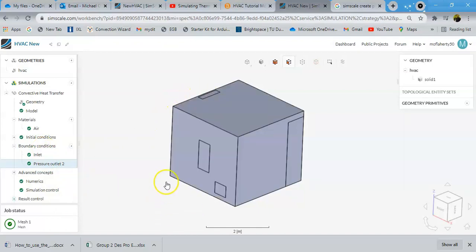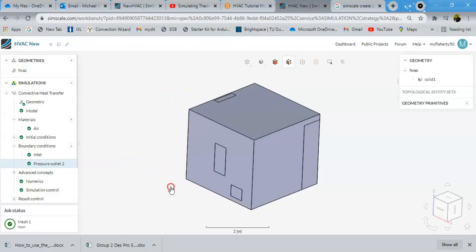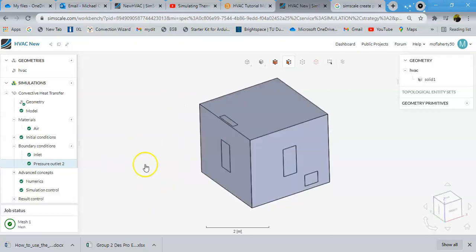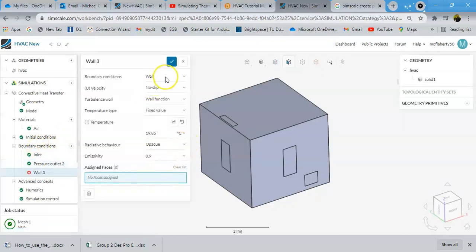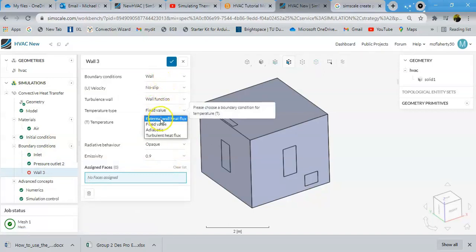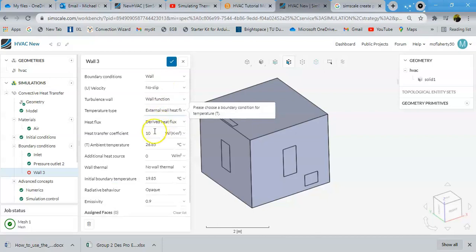Next I'm going to set the conditions at the windows. There are two windows, here and here. And so I add a wall boundary condition here. And no slip condition. Temperature type, I'll change that to an external wall heat flux. Add a heat transfer coefficient. I'm going to set this equal to the U value of the walls, which is recommended to be 2 or less. And an ambient temperature of